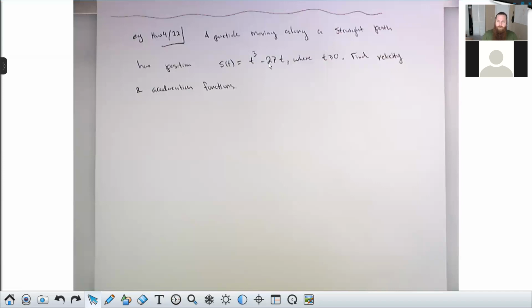If your velocity is 0, then your position isn't changing, right? If your velocity is 0, then your position is constant. If your acceleration is 0, then your velocity is constant, which means you're going at a steady speed. So no acceleration means constant velocity or steady speed, no change in speed. Intuitively, those are what these things are.